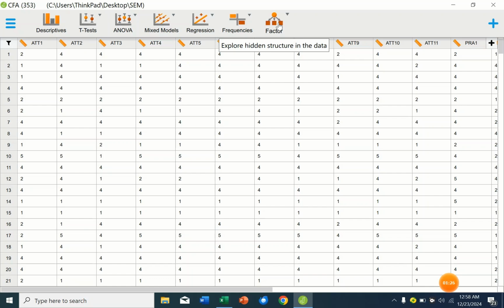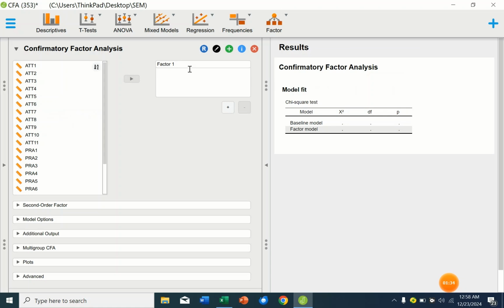So you just click on factor analysis. You see exploratory factor analysis. So you click on confirmatory factor analysis. You have the chance to key in all your items. So in our data set, we have attitude towards people living with HIV/AIDS and practices towards HIV/AIDS prevention. So for the first scale is ATT and the last one is